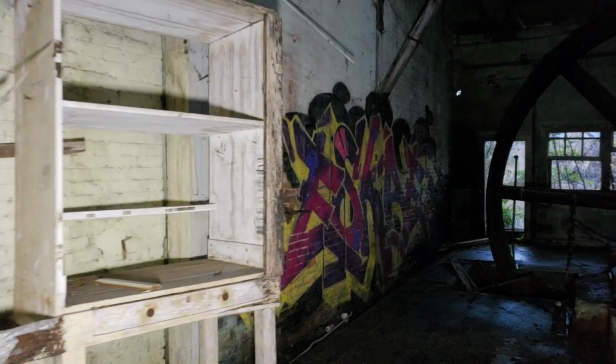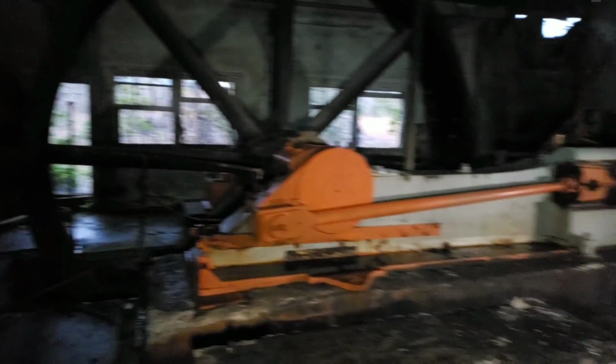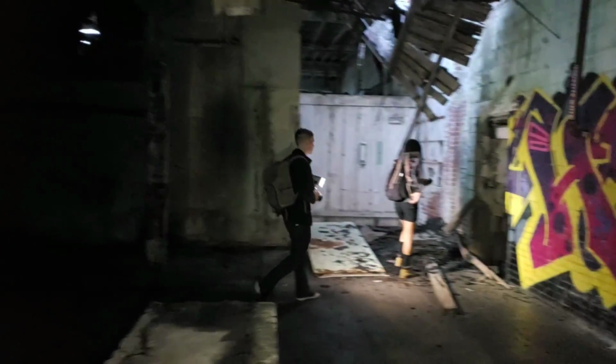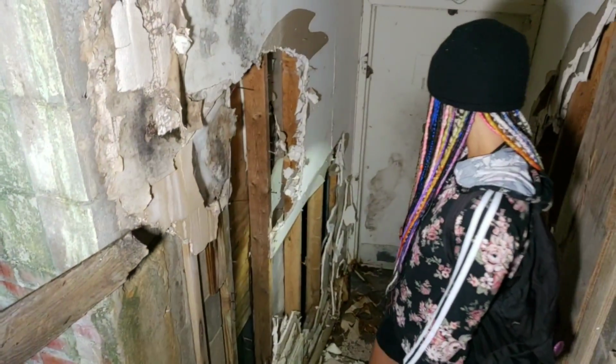Well, there's another level, I think. So maybe something's up. There's another level to get up there? I didn't see any stairs. There's actually like an office area. Uh-huh. Where? Down there? What's down there? Is it a room or is it just a little...